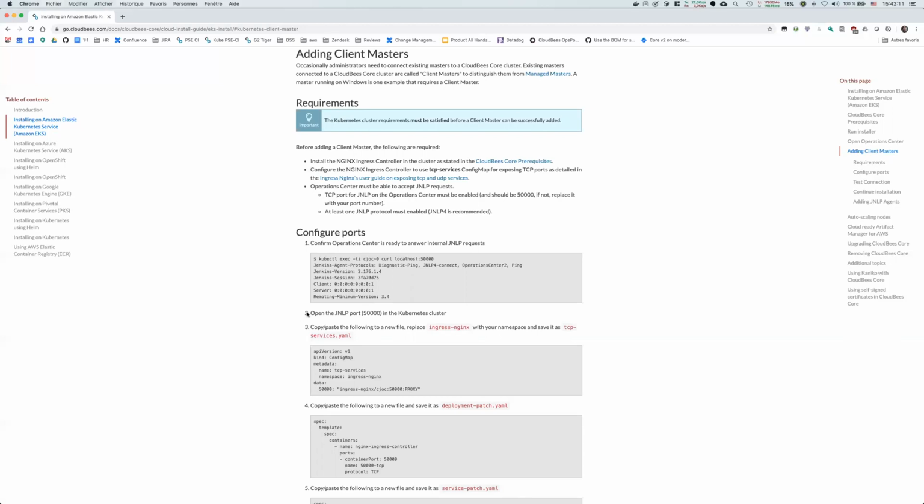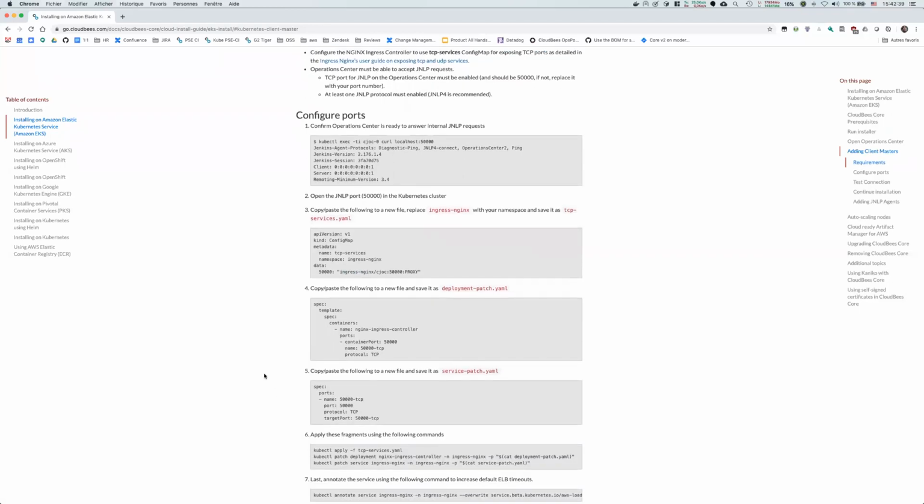And basically configuring a master or exposing the master is just about adding new lines here. So here we have the configuration for CJOC, but if you want to open the hole for a master, you would replace the name here by the name of the master and the port by the actual port. I see here that the namespace is incorrect in this doc that we have to be fixed. And in essence, so this is the